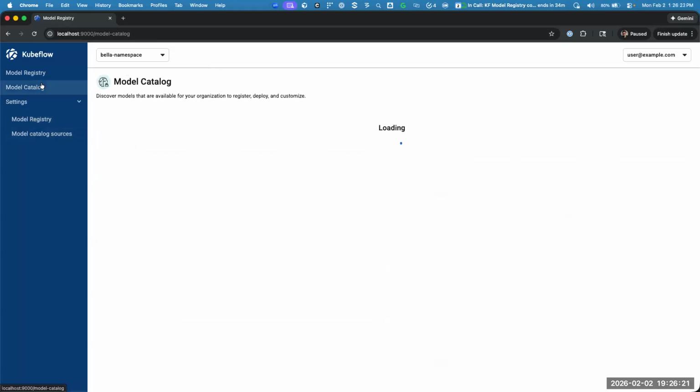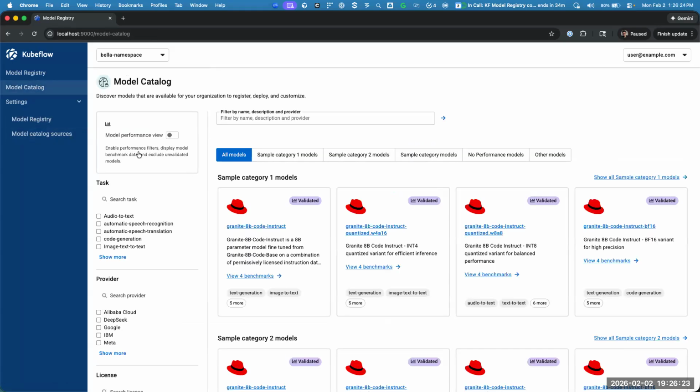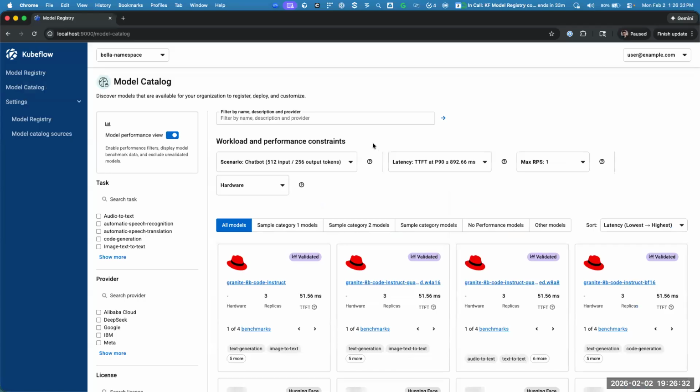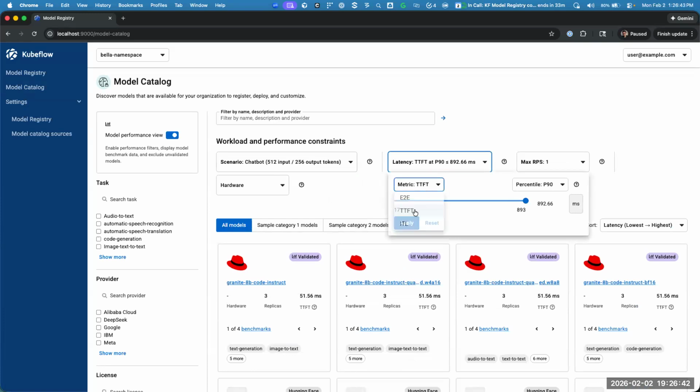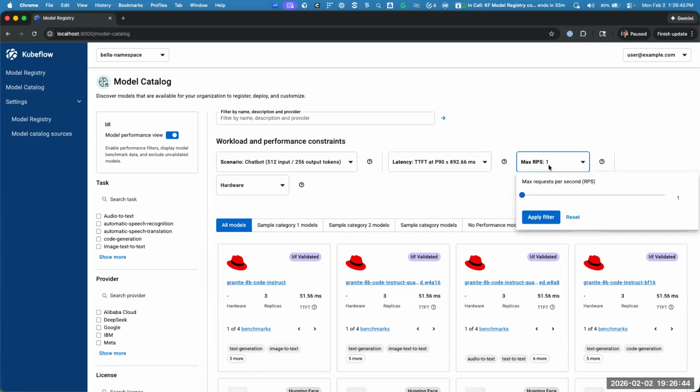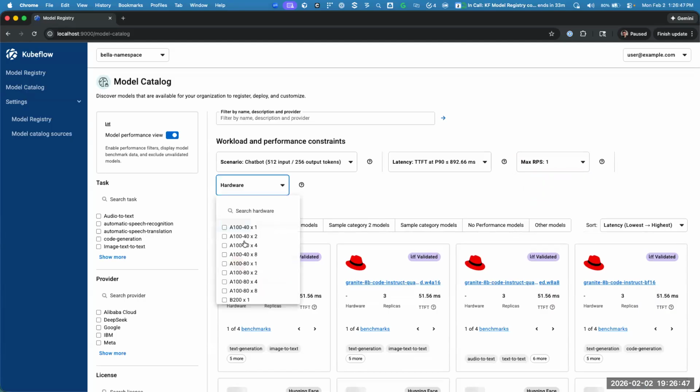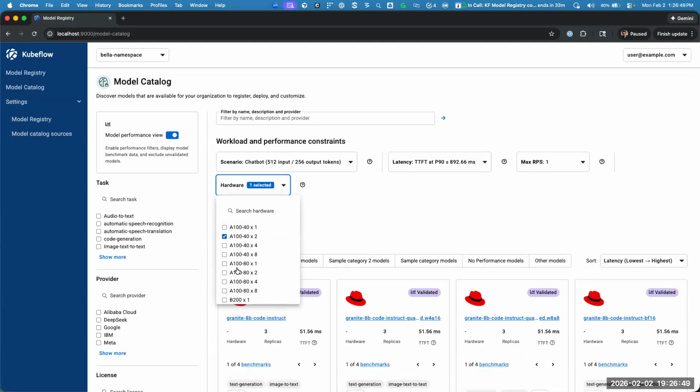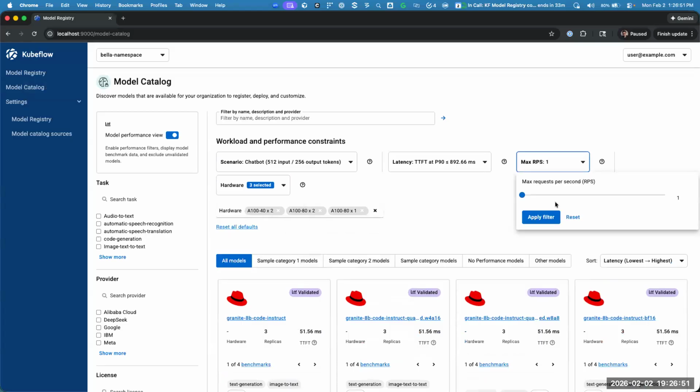And then if you go over to the model catalog itself, there's new stuff that we have wrapped up here. If you have model performance artifacts loaded in your cluster, you can use this model performance view. When you toggle this on, you get new filter controls that allow you to filter down models by those performance artifacts. You can choose your scenario for what your model is benchmarked for, latency of different metrics and percentiles, the RPS that you're targeting, different hardware that you want to use,